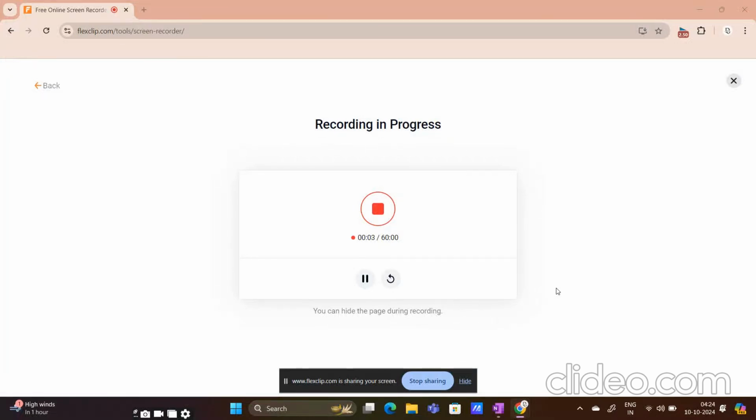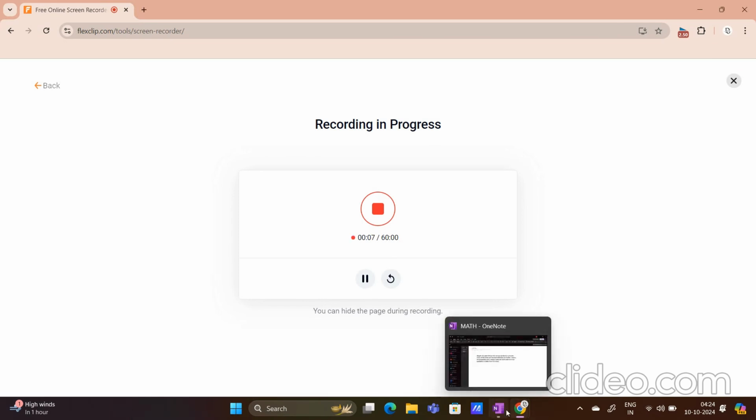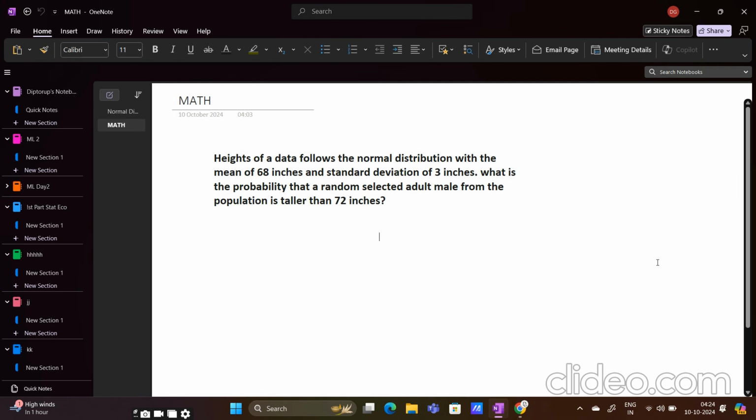Okay, now I am going to discuss a very simple statistical problem on normal distribution. The question here is: the height of adult males follows the normal distribution with a mean of 68 inches and a standard deviation of 3 inches. What is the probability that a randomly selected adult male from the population is taller than 72 inches? Okay, so at first